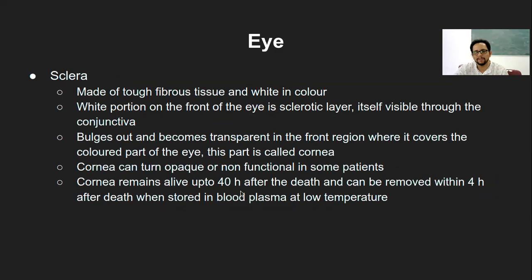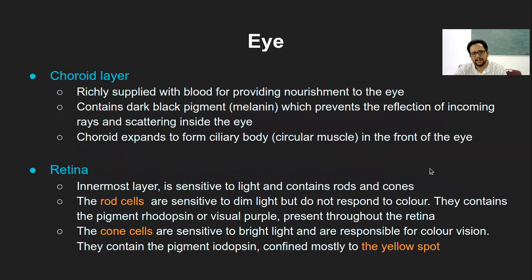Usually, it's visible, and it also extends over all the portion of the eyeball, which is very fibrous and kind of tough tissue, so that it does the function of protection. And in the front part of this eye, the sclera is transparent, which becomes the cornea. Cornea is again a thin transparent layer of tissue within the eye structure.